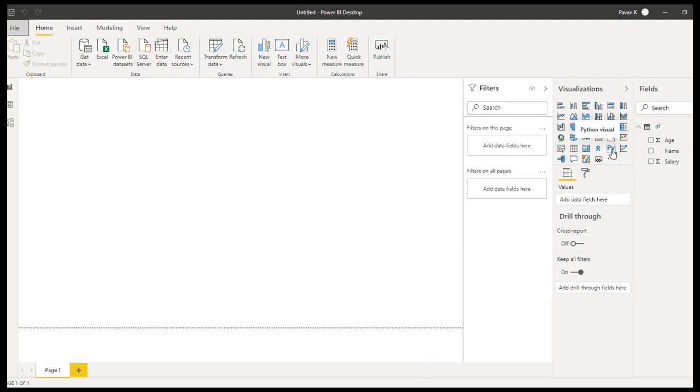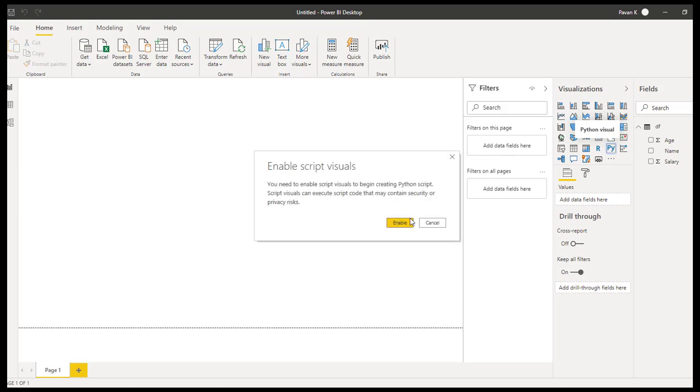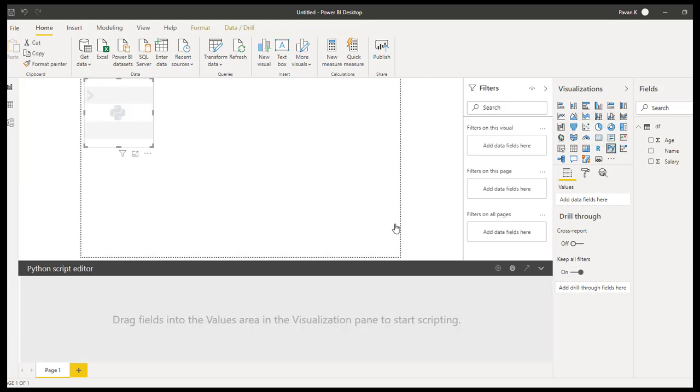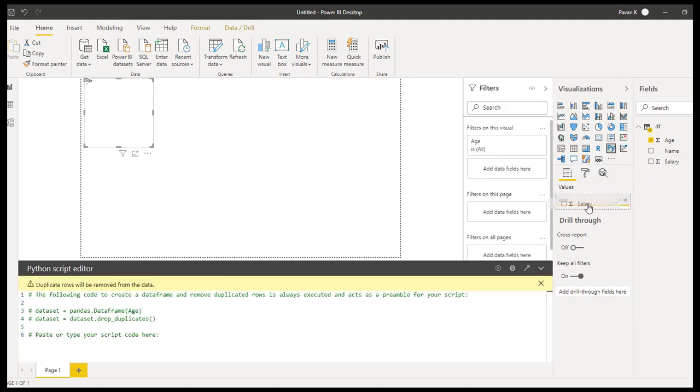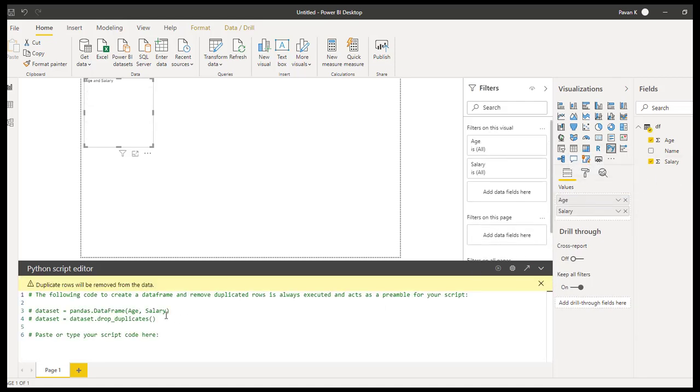Now click on Python Visual, enable the visual, and you need to drop the values, drop the fields here. So I'll use age and salary. Here you can see the data set is created, which is a pandas dataframe.